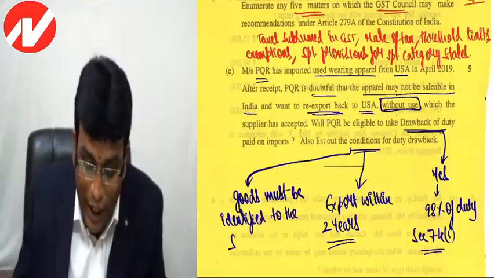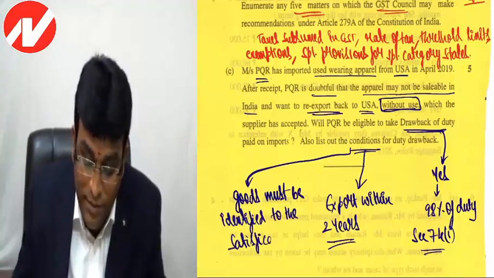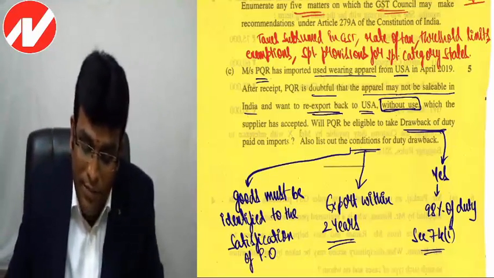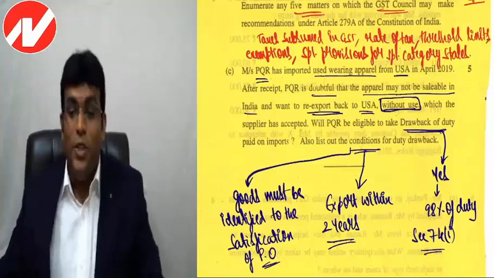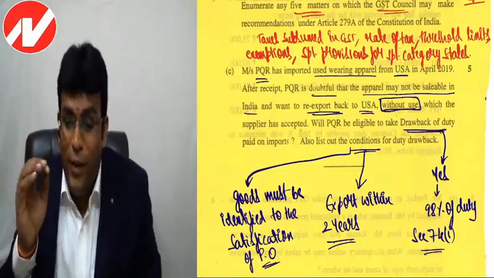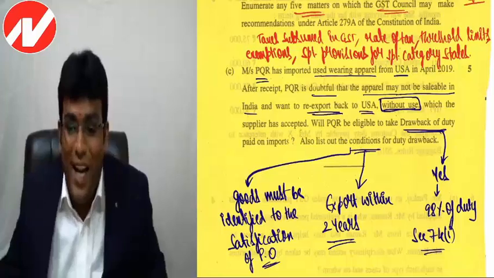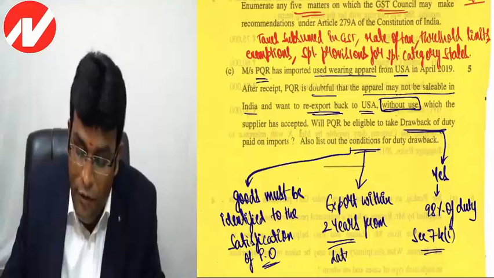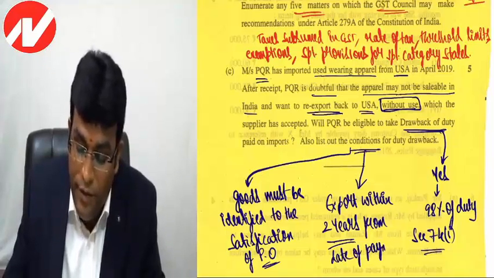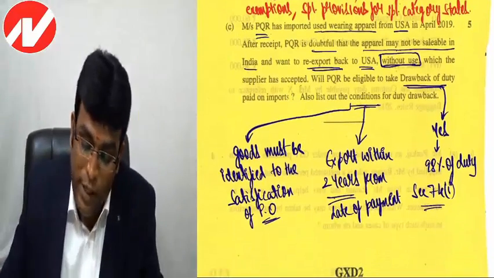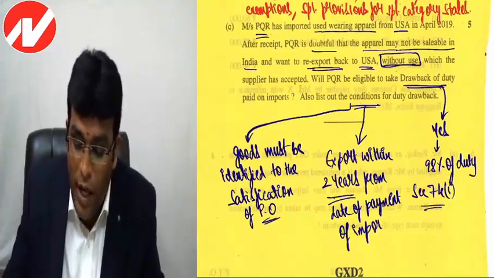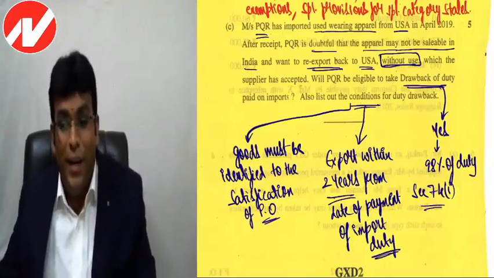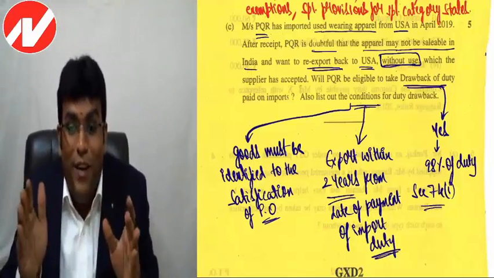Goods must be identified to the satisfaction of the proper officer, and they have to be exported within 2 years. And 2 years from when? 2 years from the date of payment of import duty. That's it. If it is without use, let me tell you, my dear friends, straight away the duty drawback will be